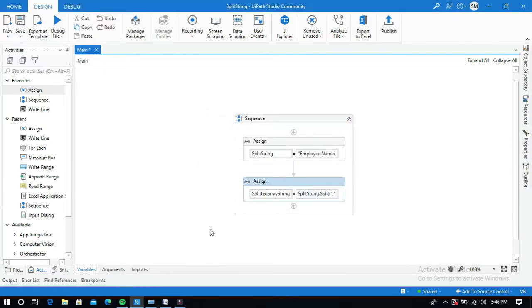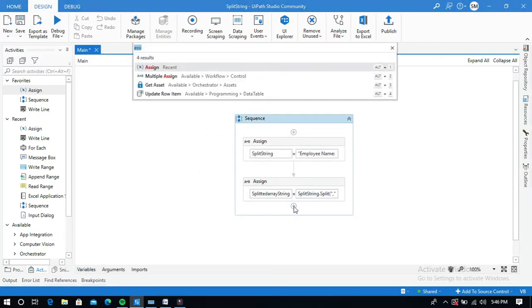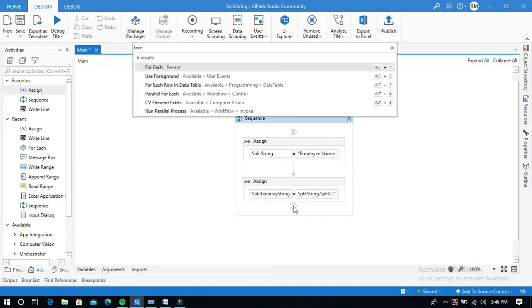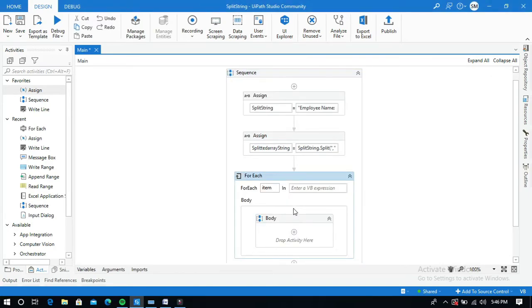Okay, and now we need to use a for each activity to print all the strings from this array.